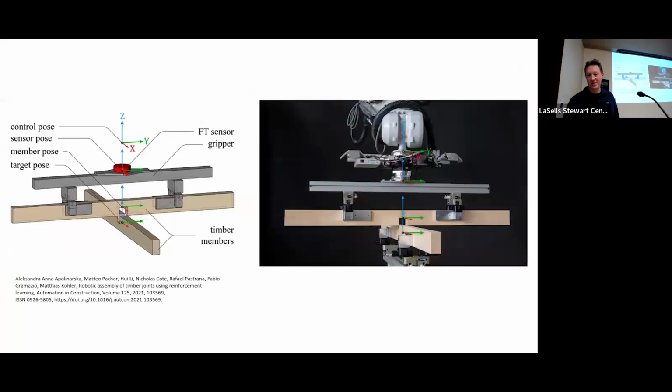So robots can start to feel their way around rather than just moving to a specific position as they have done historically. So they're getting smarter, and we shouldn't be scared yet, but